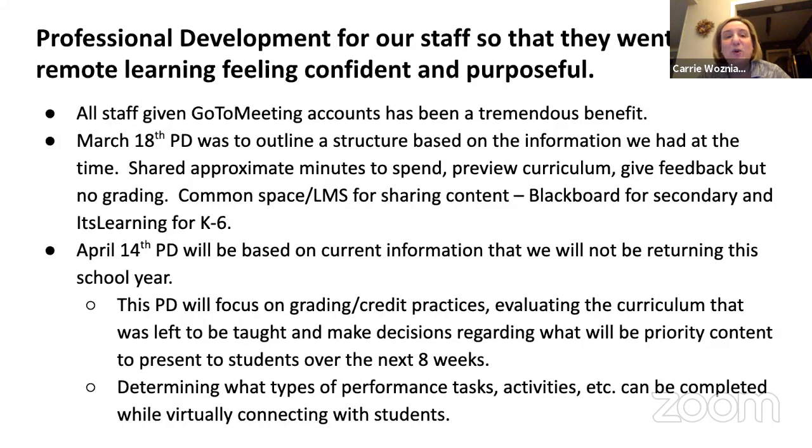So we were very fortunate that GoToMeeting partnered with us. They were willing to give us free GoToMeeting licenses and WebEx licenses if they could use us as a case study. So we said, sure. So we have single sign-on to GoToMeeting. So every kid, everybody in the district, we're committed to GoToMeeting. I'm probably going to wear a t-shirt that says, thank you, GoToMeeting, but it has worked out really well for us. So that's been a tremendous benefit.